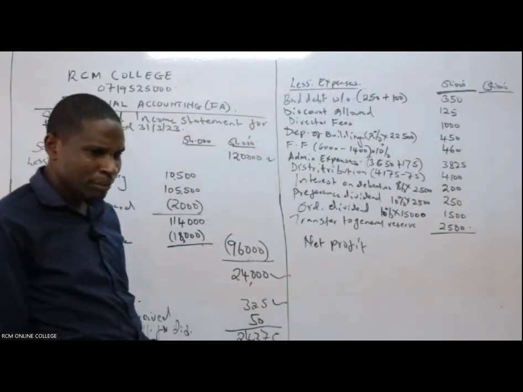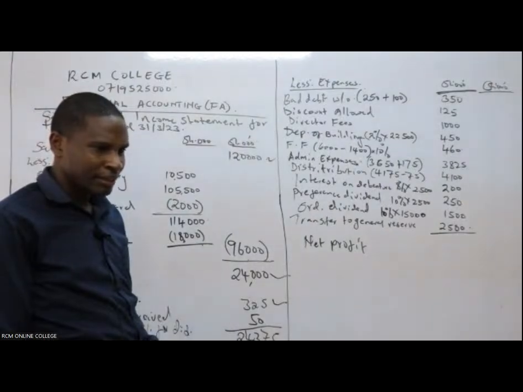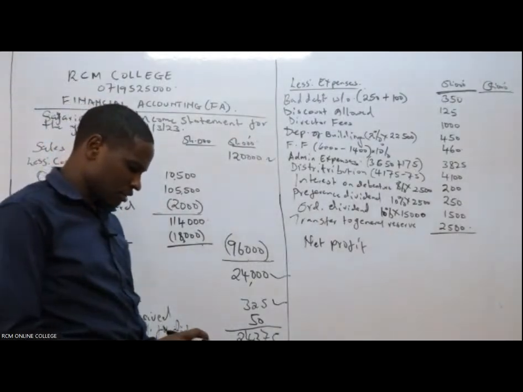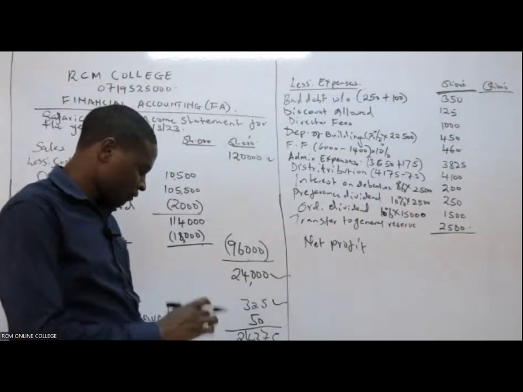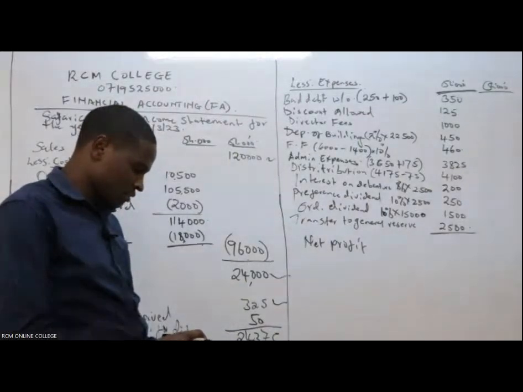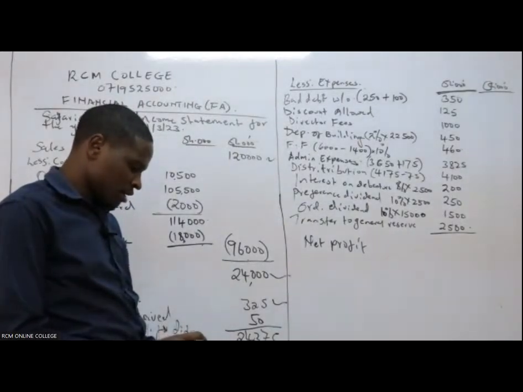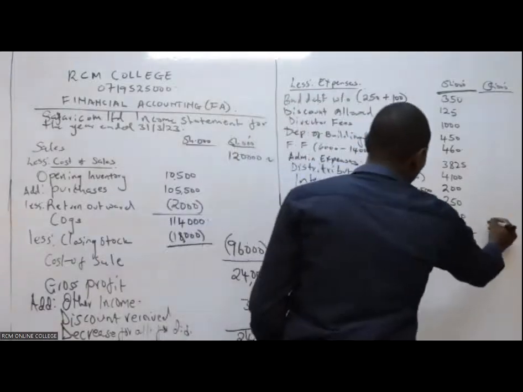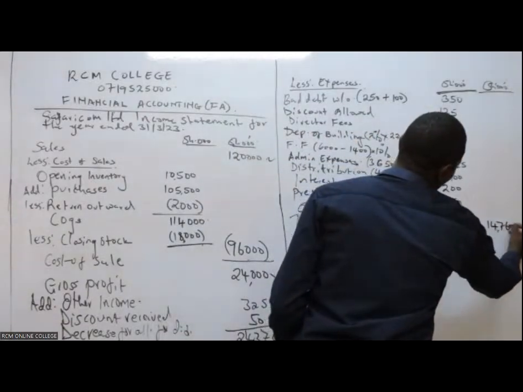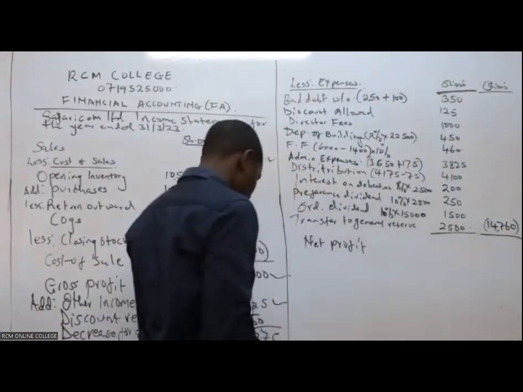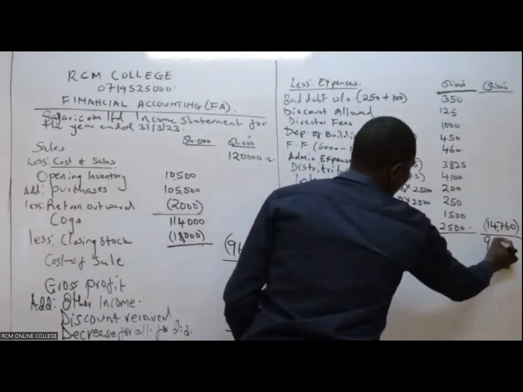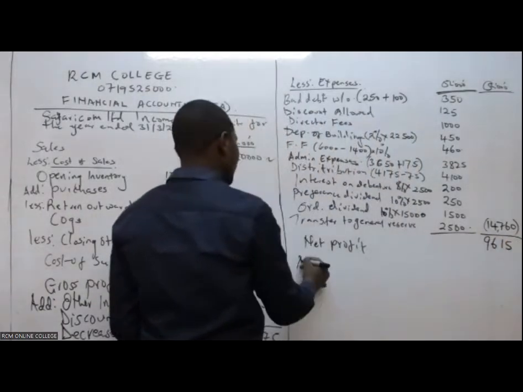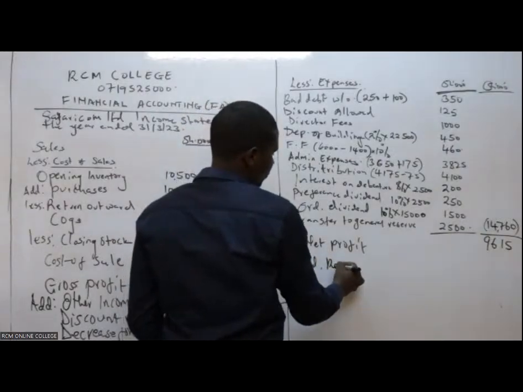Now Sharon has got 14,760. Okay, Sharon now has 14,760. We deduct 24,375 minus 14,760. Okay, now everyone has got it, thank you. 14,760. Now having that, we can deduct that to get something like 96.15, and then you add retained profit